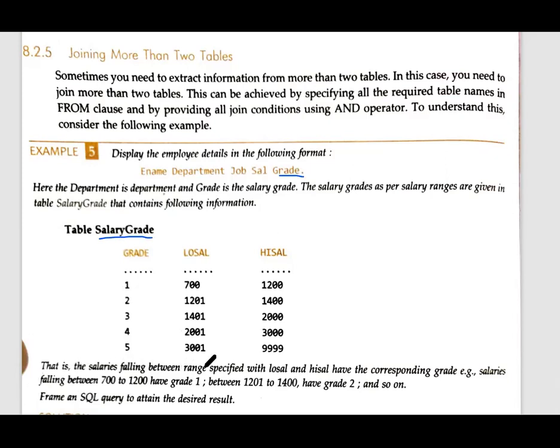That is, the salary falling between the range specified with low salary and high salary has the corresponding grade. Example, salaries falling between 700 to 1200 have grade 1. This is given over here. It means if anyone's salary is between 700 to 1200, then the grade is 1. So like this, and then you have to write the query for this.